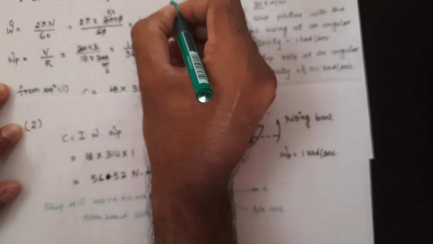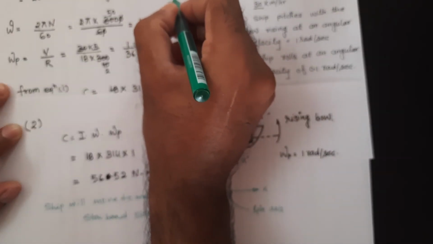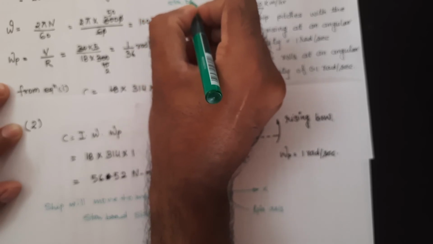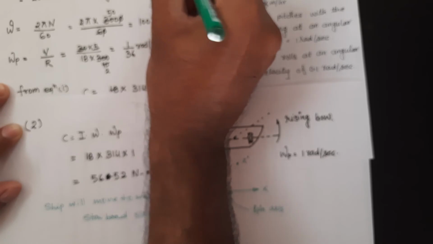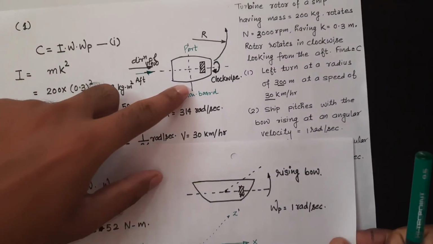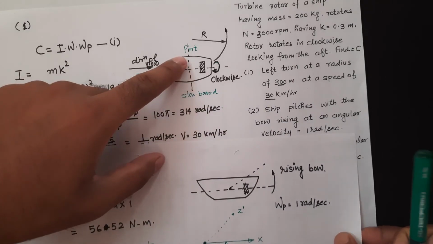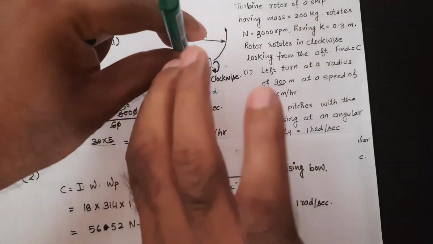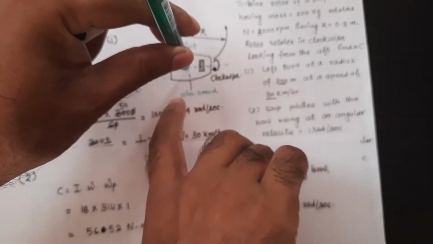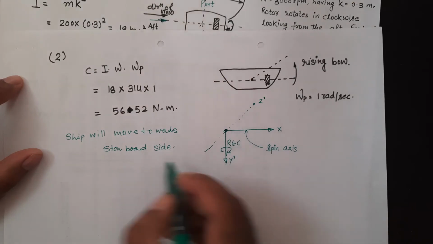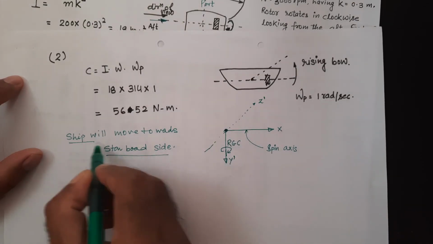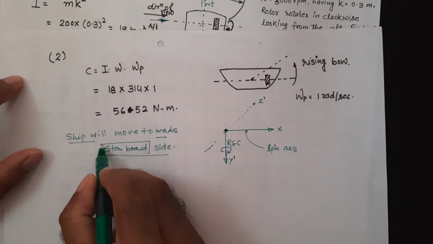So here, this side is your starboard side, and this one is your port side. From the top, this is your starboard side and this is your port side. From the top, the sense is clockwise, that means it will bend towards the starboard side. So in the case of pitching, the ship will move towards the starboard side,